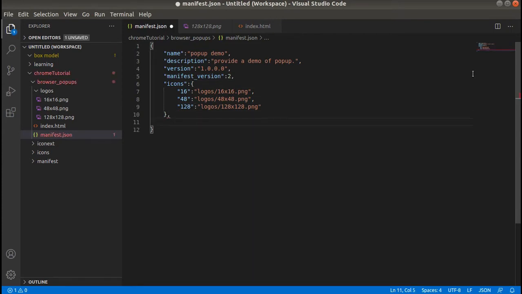To add a pop-up you need to set browser action, and in browser action you need to set two values: default title, that is the title that would be visible when the user hovers over that icon. Let's call it demo pop-up HTML,